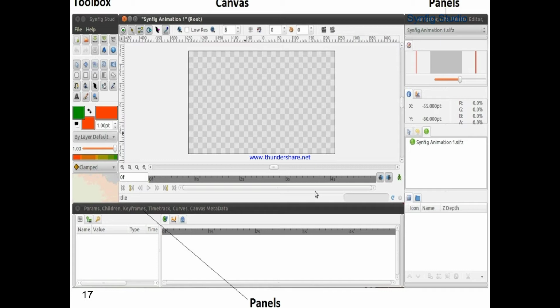So some of the tools you can look out at in the toolbox. The canvas is the center part of the Synfig interface. Some of the panels are for different requirements and some of the bottom panels for different activities.